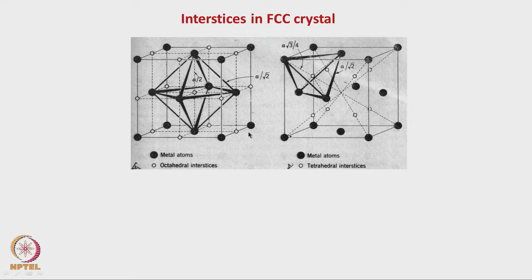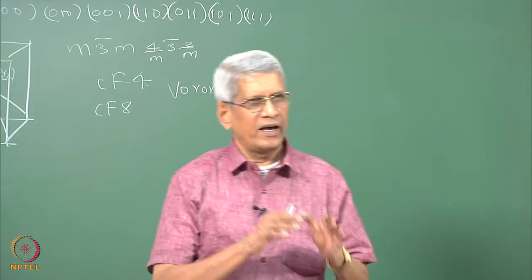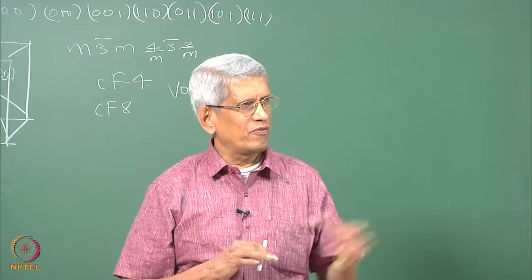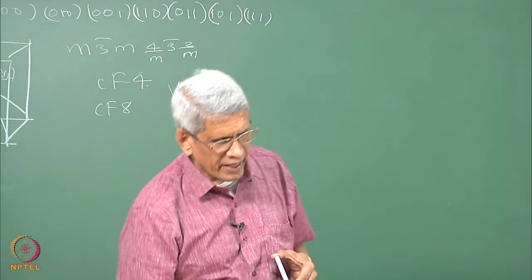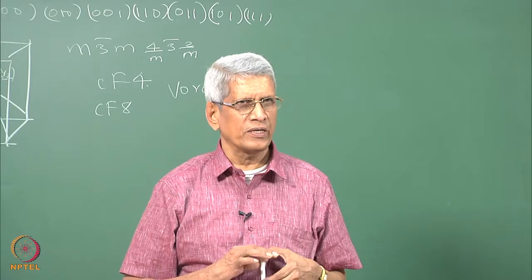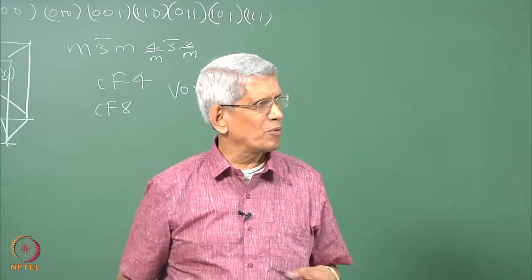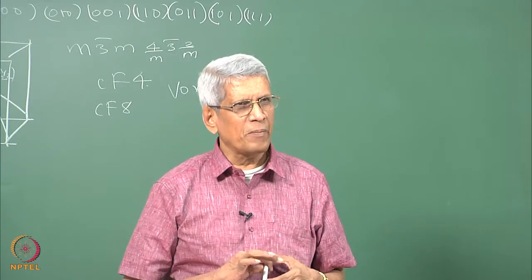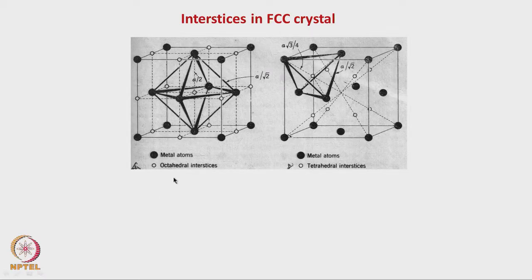Now, you have studied that in crystals, like if you take a simple FCC lattice, if atoms occupy all the corners and the face centers, there are tetrahedral and octahedral positions, correct? These are all the positions where normally we say that the interstitial atoms can come and occupy. It need not be interstitial. The second element can come. If that first element has occupied this position, the second element can come and occupy this particular position. What do all these positions correspond to?